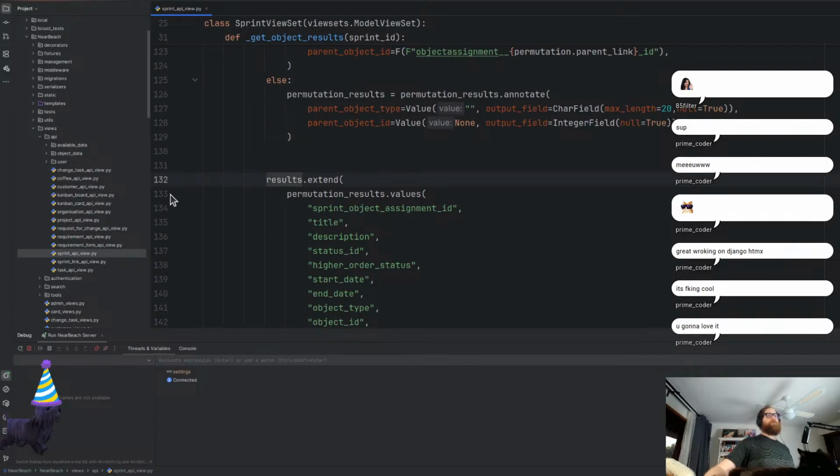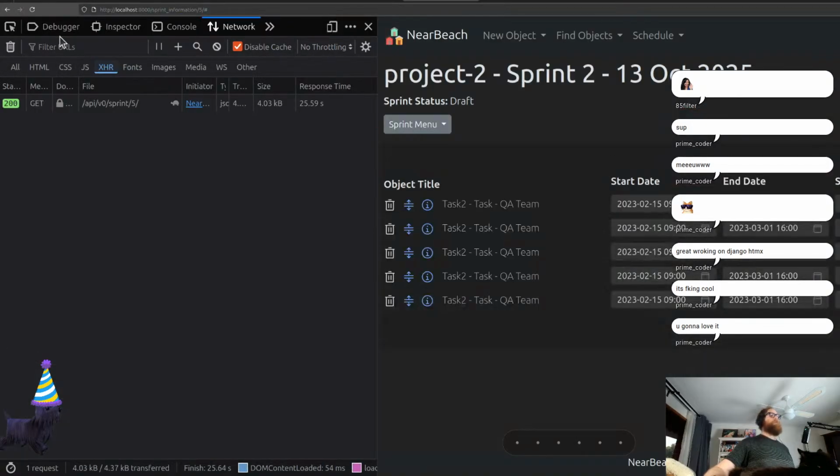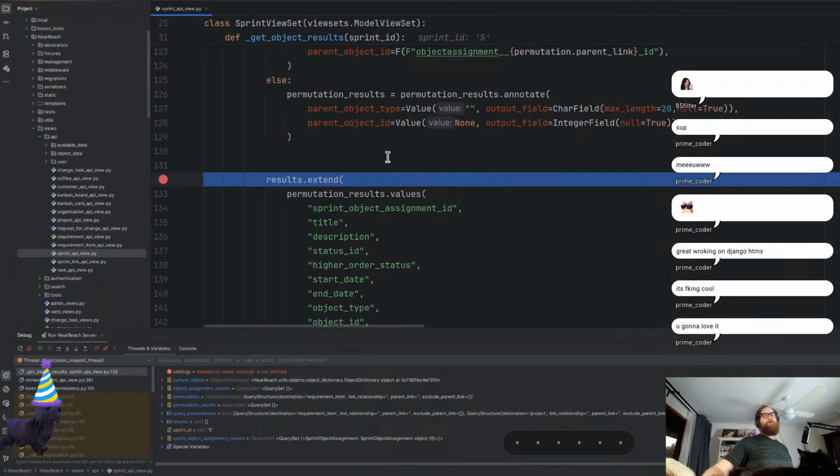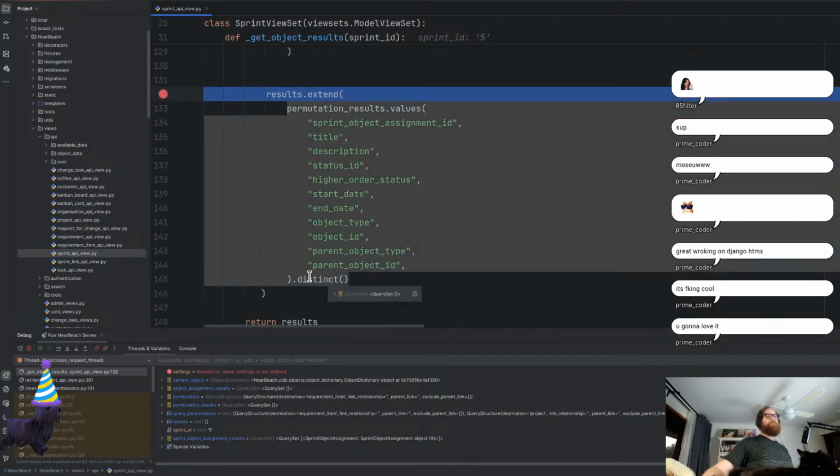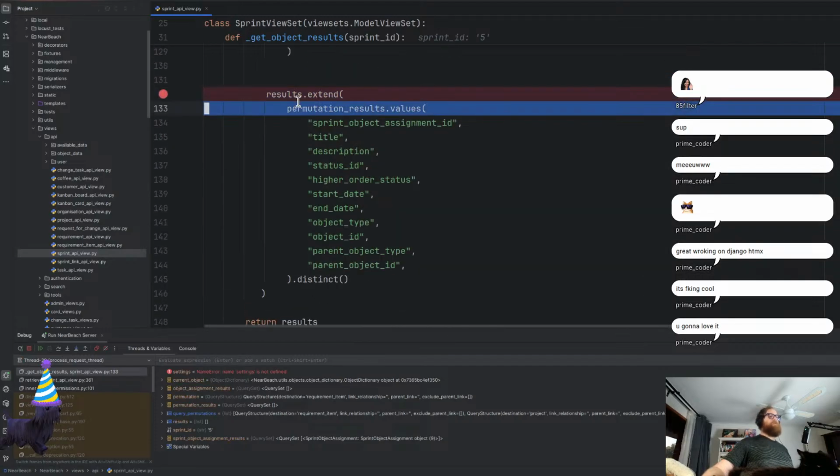What I want to do is put a breakpoint there, and I'm just going to refresh again. We're going to hit that breakpoint. As you see, this is a query set. Then it pulls out all the values, makes them distinct. So if we go forward,